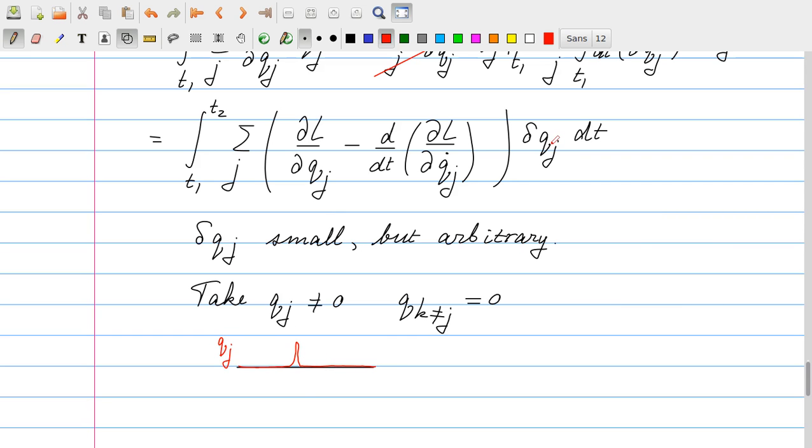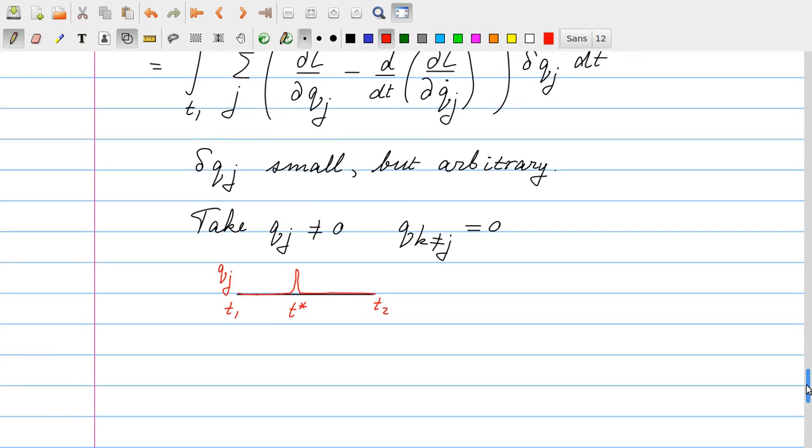Then obviously from the integral it picks out only this dL/dqj minus d/dt dL/dqj dot at that particular time, which is a time in between t1 and t2. And I can take this time to be anywhere because the delta q are small but arbitrary. And so I conclude that for each j and each time, this term in the big brackets should vanish. And so the conclusion is, and that is a very important conclusion,